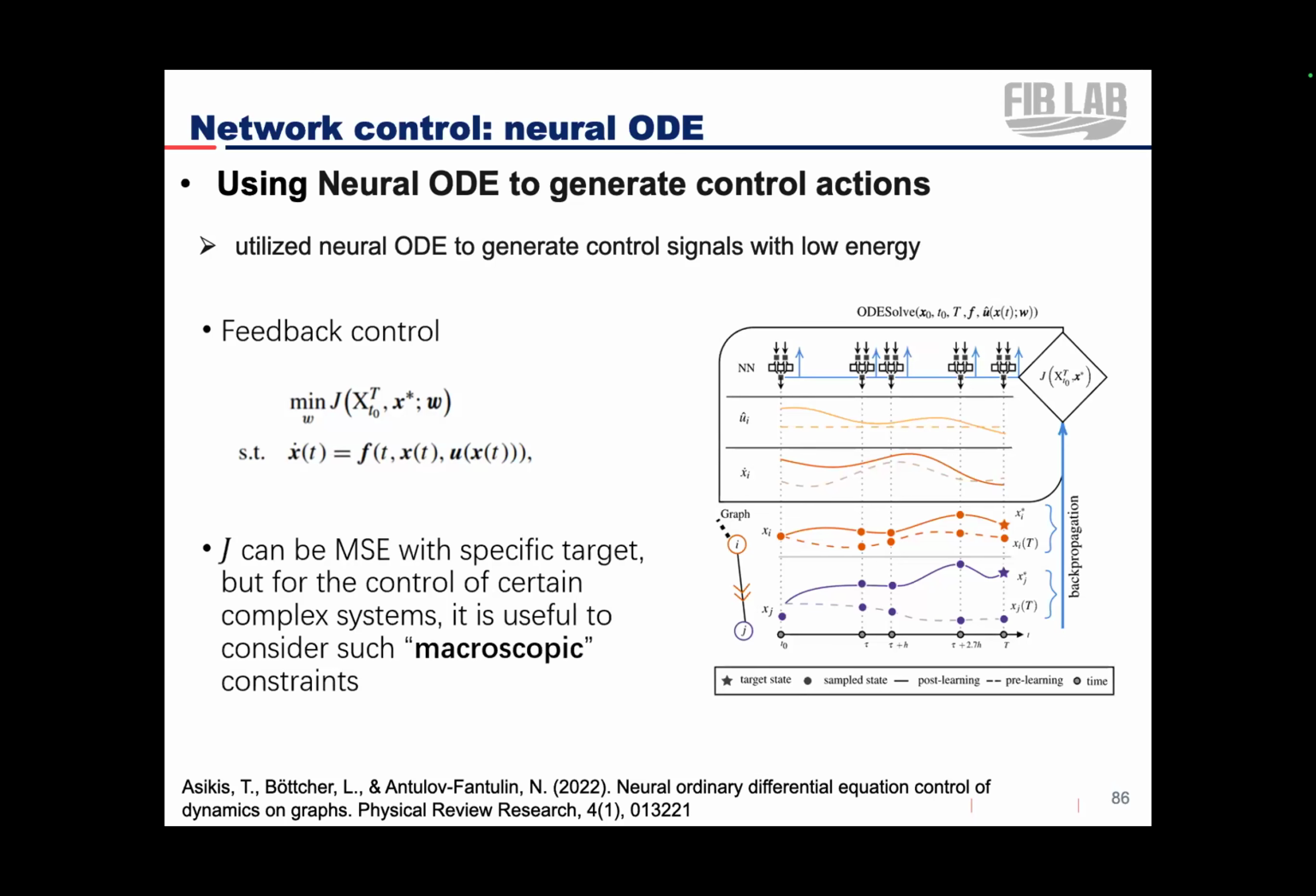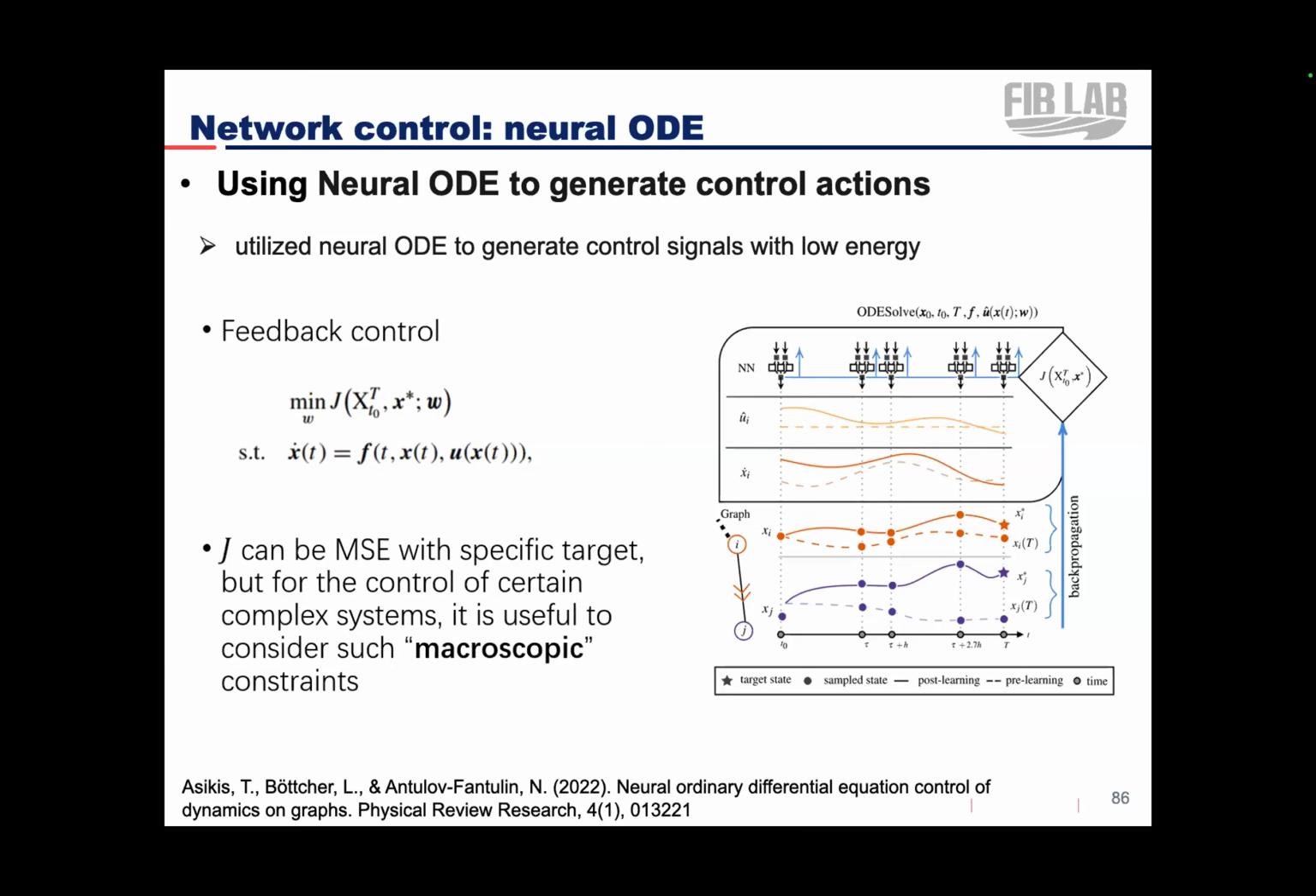And in this work, they're using the neural ODE to generate the control actions. The motivation is that we know that real-world networks often follow some continuous-time dynamic process. So ODEs are very suitable for this kind of modeling. And given enough observations of the network evolution, they can train a neural ODE to simulate the dynamic process of